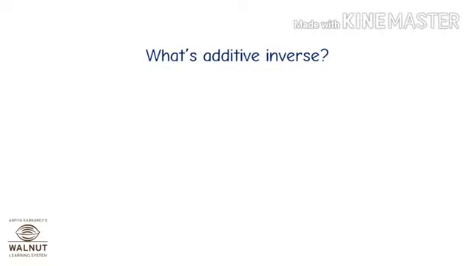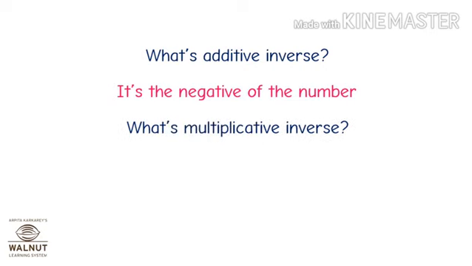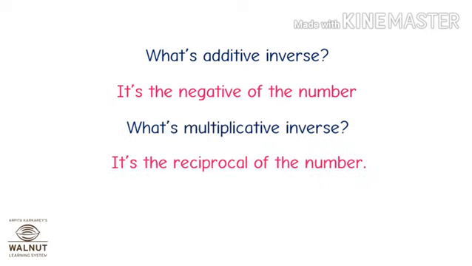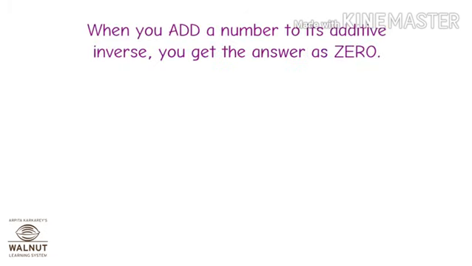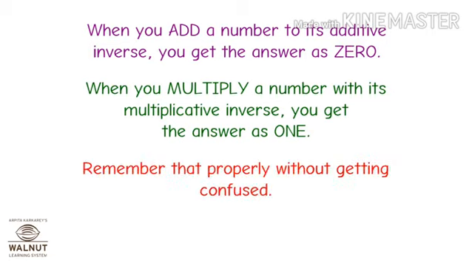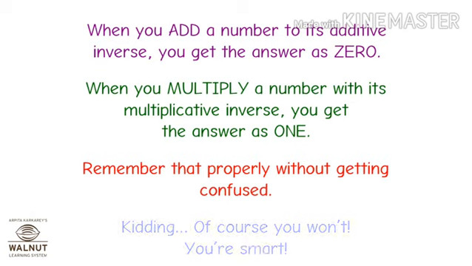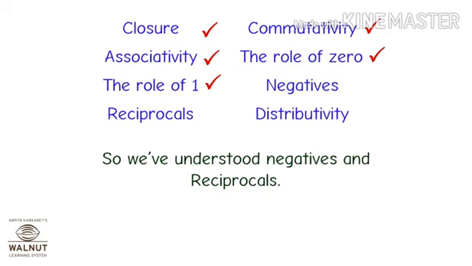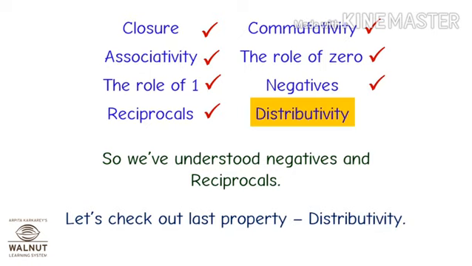What's additive inverse? It's the negative of a number. What's multiplicative inverse? It's the reciprocal of a number. When you add a number to its additive inverse, you get the answer as 0. When you multiply a number with its multiplicative inverse, you get the answer as 1. Remember that properly without getting confused. Kidding, of course you won't, you're smart. So, we've understood negatives and reciprocals. Let's check out the last property,